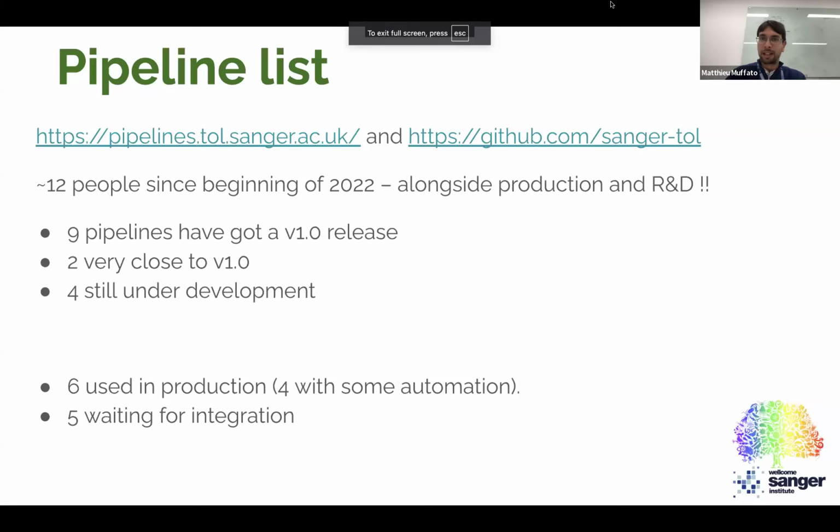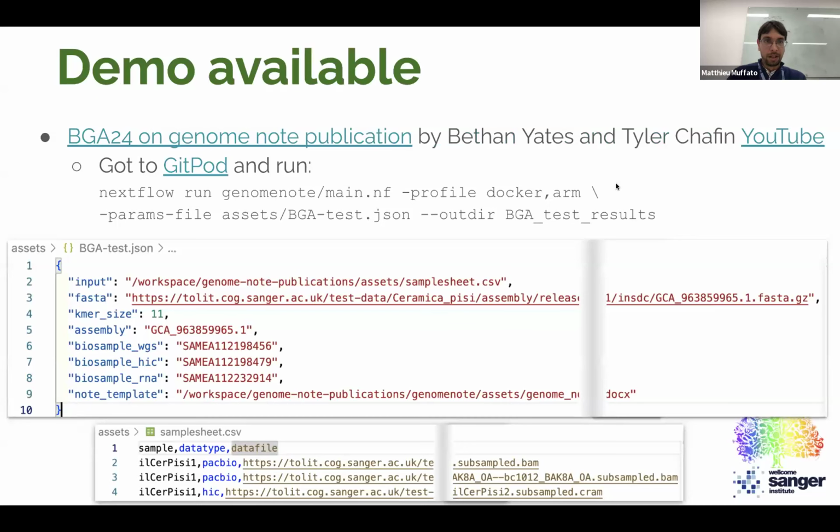All right. Okay, we lost time, so I'll try to go quickly. There was a BGA last week about the genome pipeline, so it's a public demo. You can go there. There's the link, there's YouTube, everything. What's important is that anyone can run the pipeline with those test data that are provided within it. So the key there, and that's what I want to highlight in the last part of my talk,